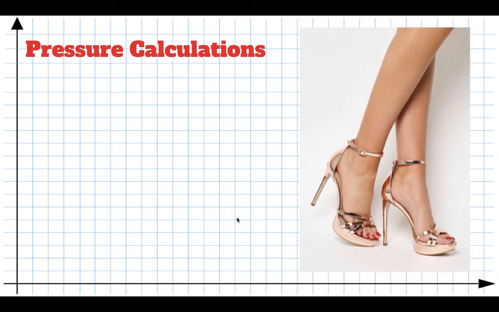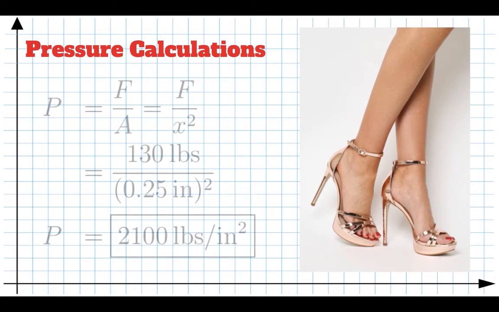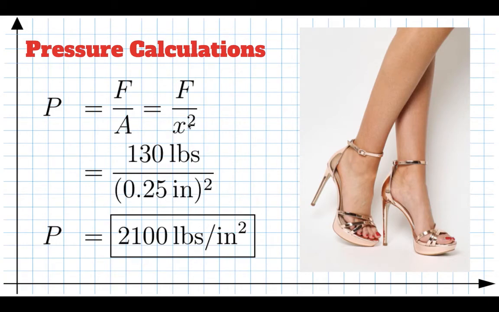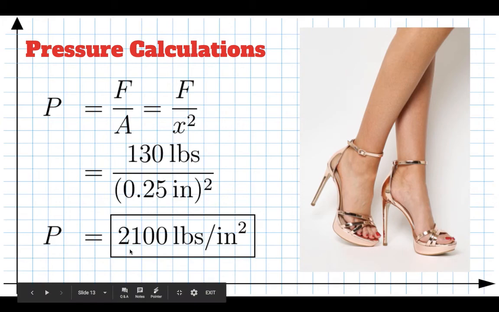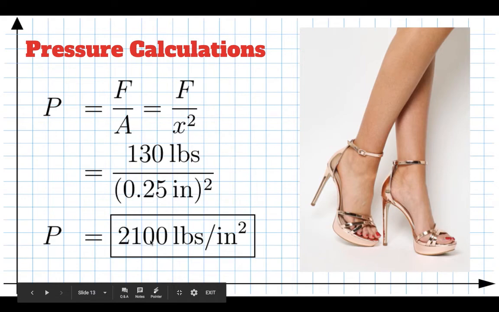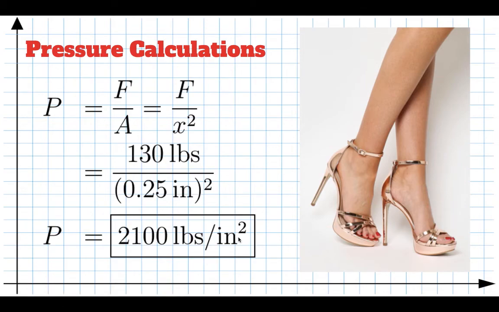For the girl, however, the force that she has is much smaller. She's only 130 pounds, but the area over which that force is applied is much smaller. So if you take the force divided by the area, and the area of a square is x squared, or the side length squared. And so if you've got a tiny little area on the back of the heel here, it's 1/4 of an inch by 1/4 of an inch, so that's 1/4 of an inch squared. Take 130 divided by that, you get actually about 2,100 pounds per square inch. And so the elephant exerts a pressure of about 35 pounds per square inch, whereas designing an airplane floor to withstand pressures of 2,100 psi